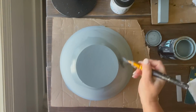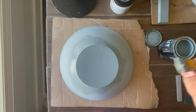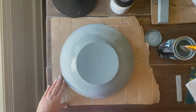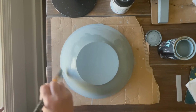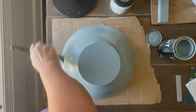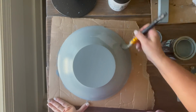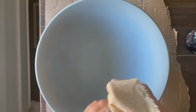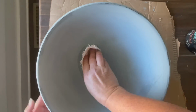This is the second coat of paint. You can see it dries much lighter, and then when you put the second coat on, it's a darker look, and after you cover it with Big Top, the color ends up somewhere in between the dried color and the wet color. Then I got a scrap piece of drop cloth, did some wet distressing so that it could look a little bit worn before I covered the whole thing in Big Top